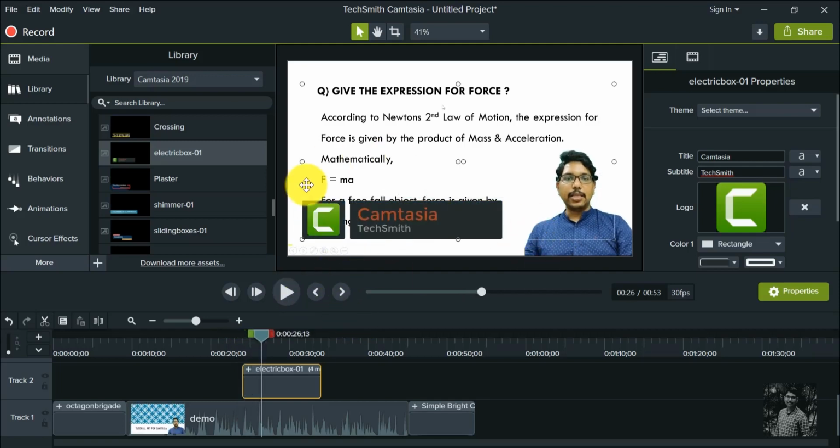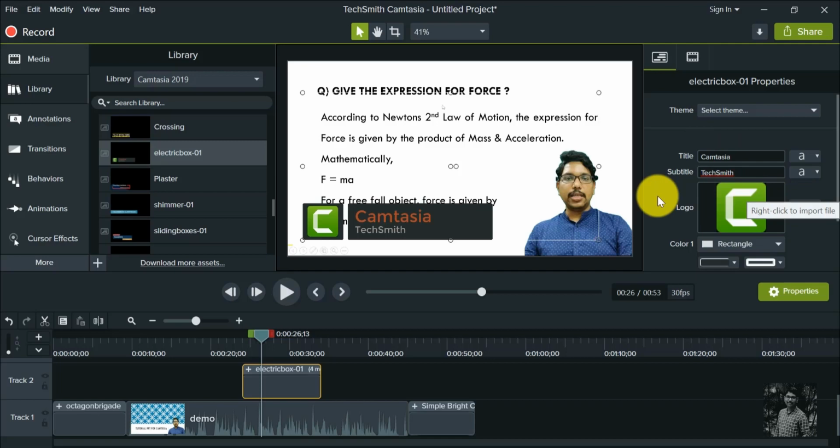Okay, here this is how you will be getting the lower third. Here you can adjust the size of the title by just moving these cross points or the corner points, whatever we can call. And you can edit these title and subtitles by clicking on the template. Moving on to template properties, here you can see the title and the subtitle. And you can also change the logo also. If you want to add some logo, you can also add the logo also. This is how you need to work with lower thirds.